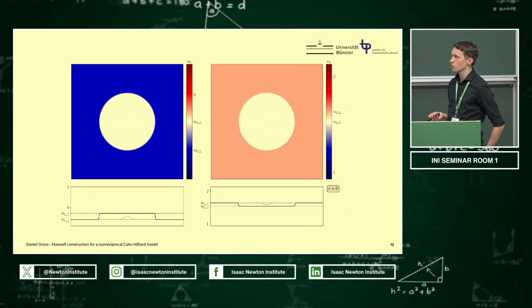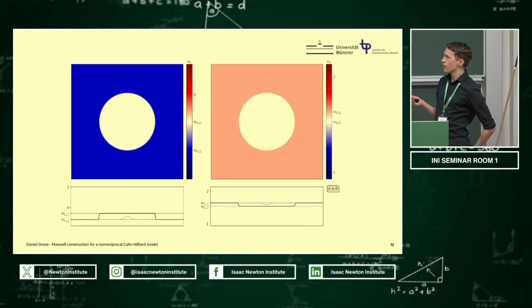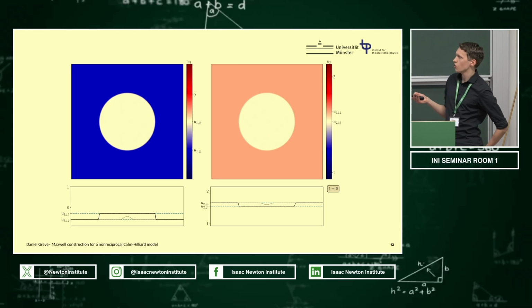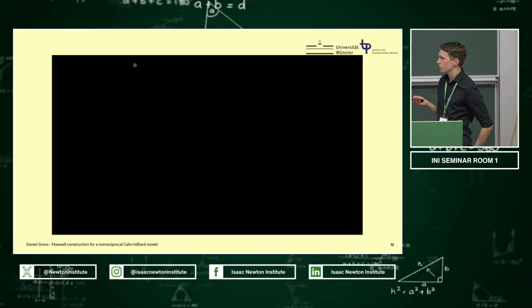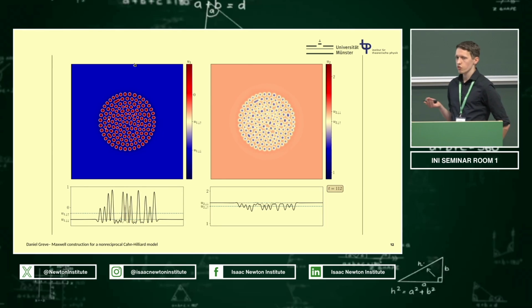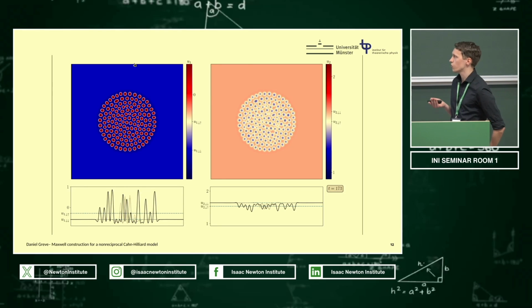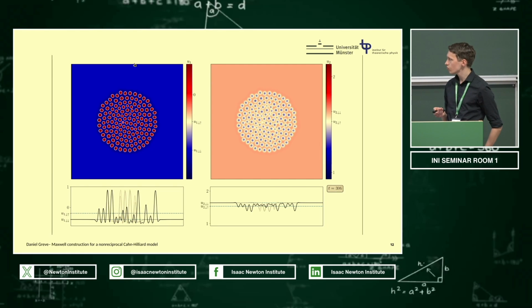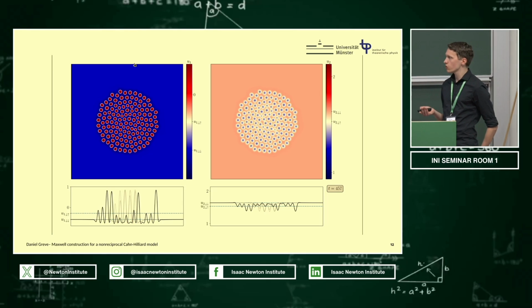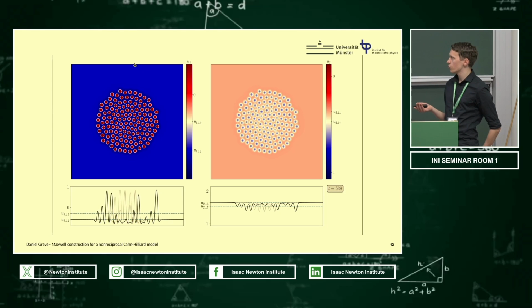And of course, you can also do that in 2D. So here in the middle, I just put this unstable phase, which does crystallization, and on the outer side, I put the stable phase. And then if you start, you can see that this model does crystallization like a phase field crystal model. So short wavelength instability, but with conserved fields. Okay, so here the Maxwell construction fully gives you the information about the system,